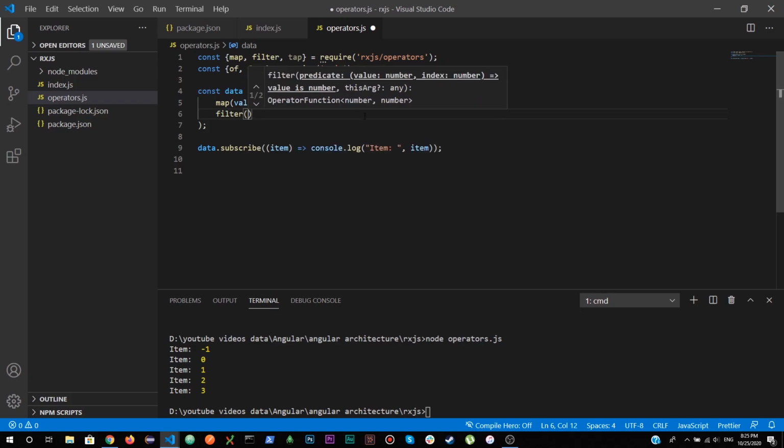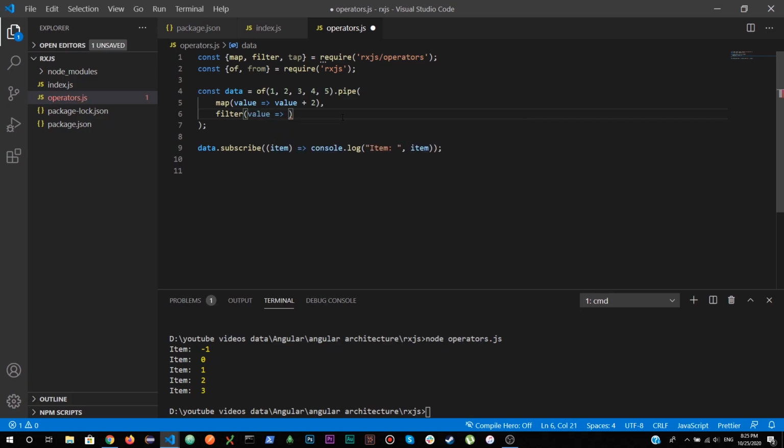Let's say I want to fetch only even values from whatever the map returns. Let me increment by 2. Now I want to filter for the values that are even: value mod 2 equals 0.